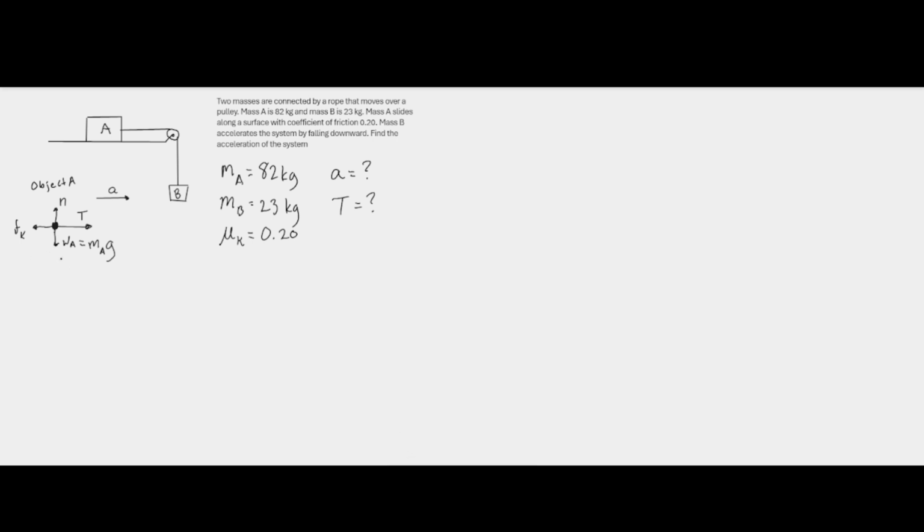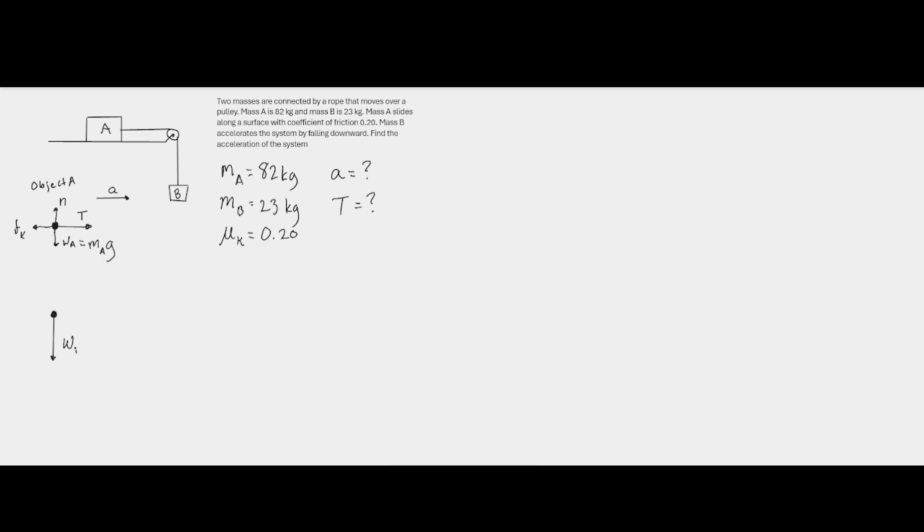And now I'm going to create the free body diagram for object B. It's suspended in midair on Earth, and therefore the force of gravity is going to be acting on it. And we know that object B is going to be moving downwards. So the force of gravity, the weight force, has to be larger than the tension force, which is pulling upward. So the weight force is pointing straight down, and it's going to be larger than the upward tension force. So this is the weight force on object B,